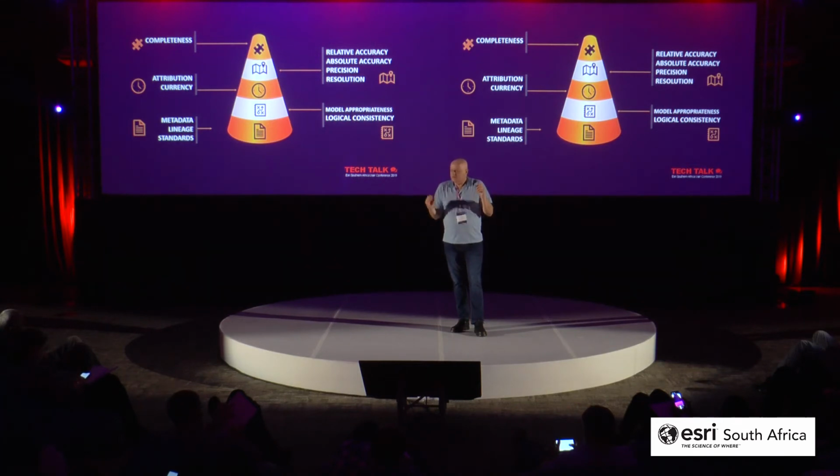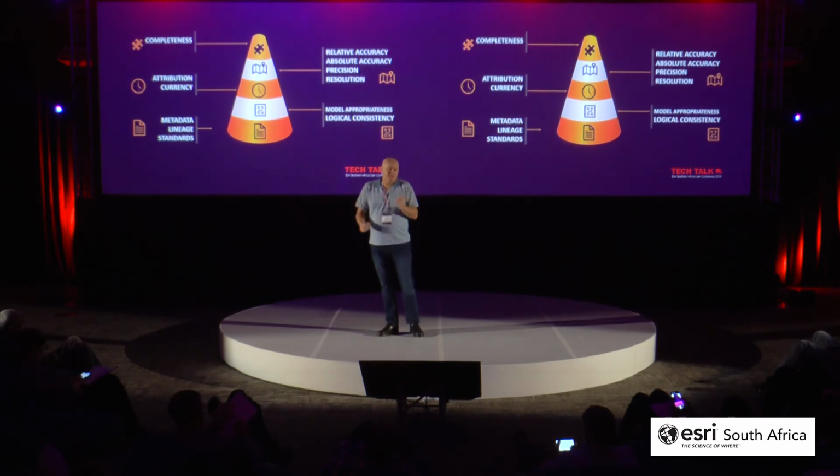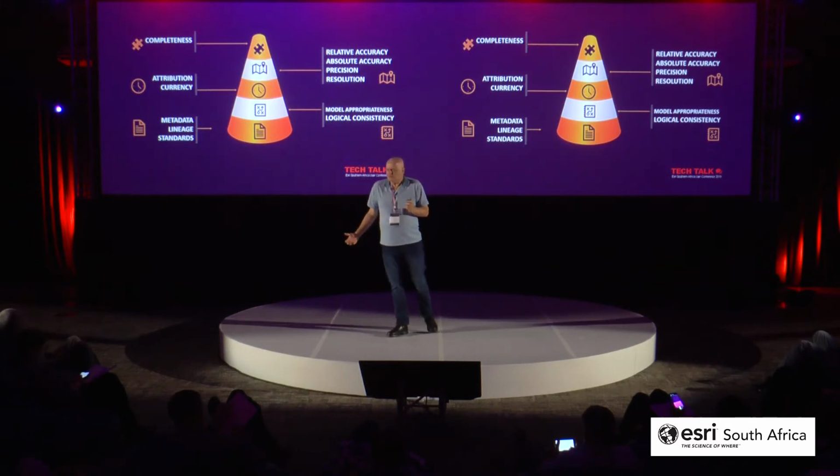Things like metadata I don't even want to go at, because it's one of those terms we keep on talking about and none of us are really embracing what the value of it is. But it's about lineage: what's the source of the data, who's allowed to access it, how did we process it, and then things like standards. What standard did we use when we made the land cover, as an example? And then things like attributes. Are the attributes good enough?